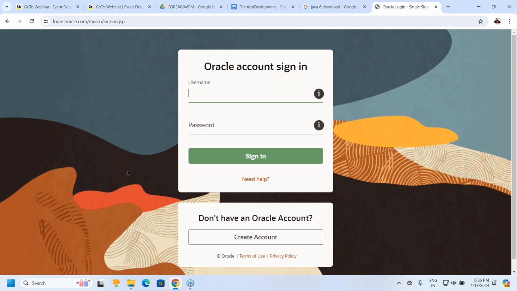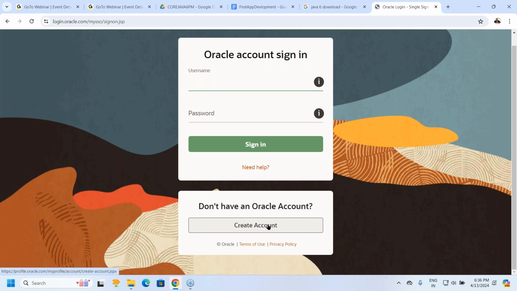What are we getting now? Oracle account details we have to enter. For example, if I don't have any account and I'm visiting this Oracle website for the first time, here we have an option: Create account. If you click on this Create account now,